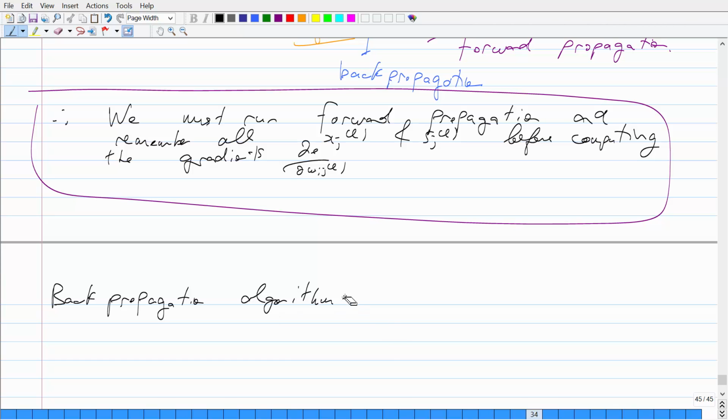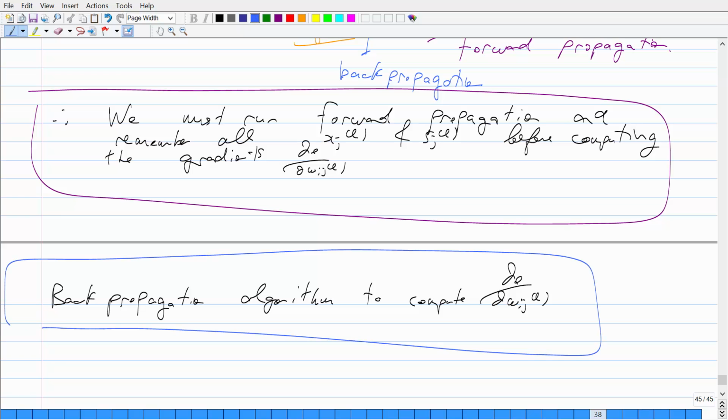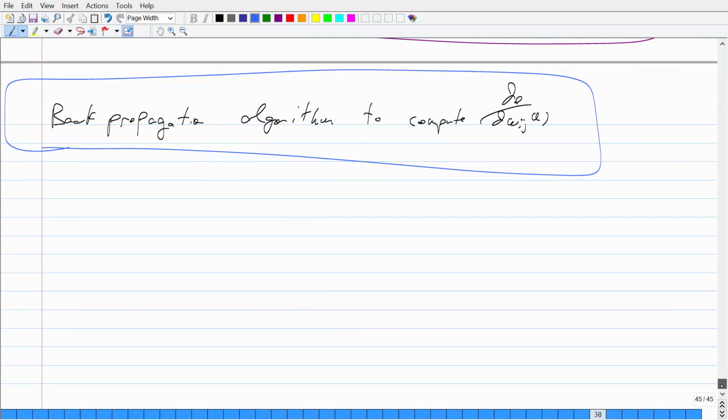Okay, to compute. So this is what we need. We need the actual gradients for the cost function for every single weight that we have, in order to be able to compute an update for gradient descent. So the first step that you have to do,